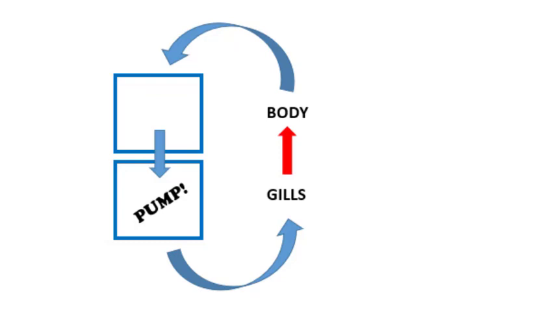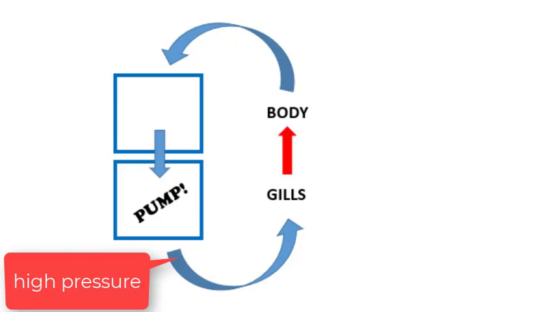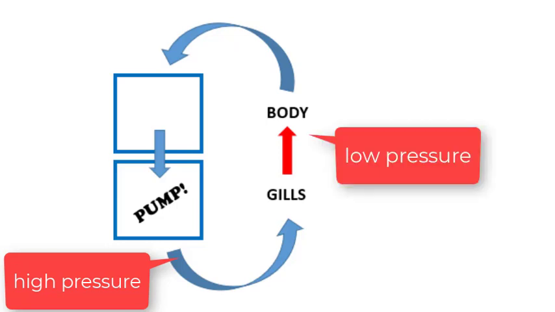Fish have just one circuit for blood to follow. It's a closed circuit, so it does have blood pressure, but the pressure is low. When the heart pumps, the pressure is high, but whenever blood reaches a destination, gills or lungs or body cells, the pressure drops. Fish don't need high blood pressure because they don't have to withstand the same amount of gravity